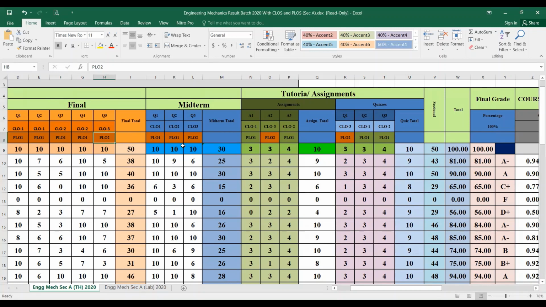And what I have to say is that CLO is the course learning outcome and PLO is the program learning outcome. I will make a video on it as well because I am getting queries from the students. They are asking what actually the CLO is, what actually the PLO is. So in the next video, I will come up with the definitions and samples of the CLOs and PLOs. So let's have a look.